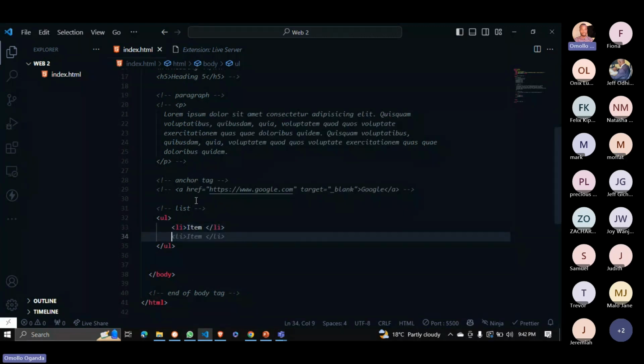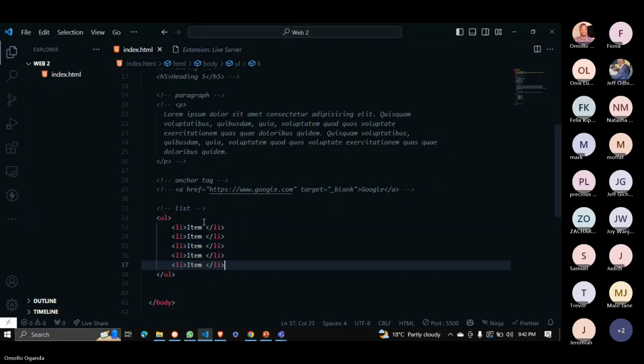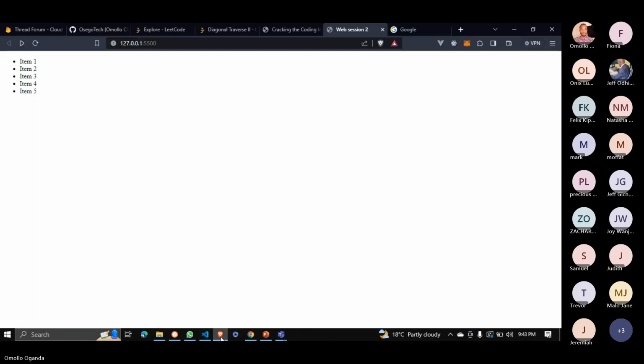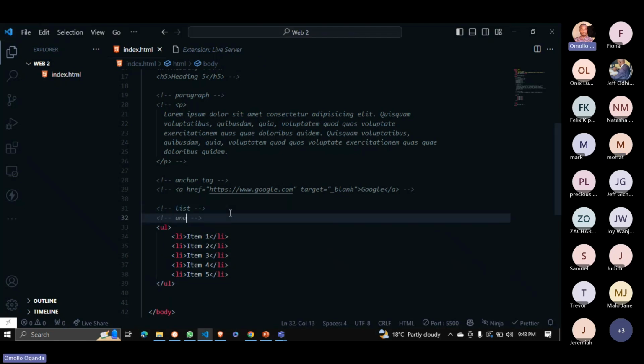So let's say item 1, item 2, item 3, item 4, item 5. Nice. Now you can see, coming back to our browser, we have the items here: item 1, item 2, item 3, item 4, item 5. Just still on that, this is what we call an unordered